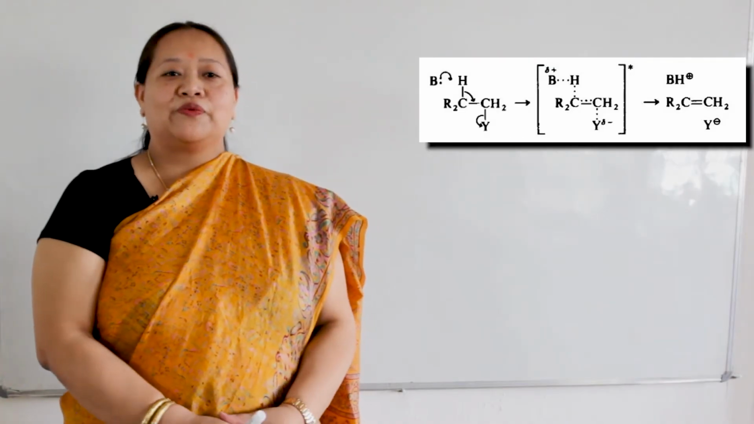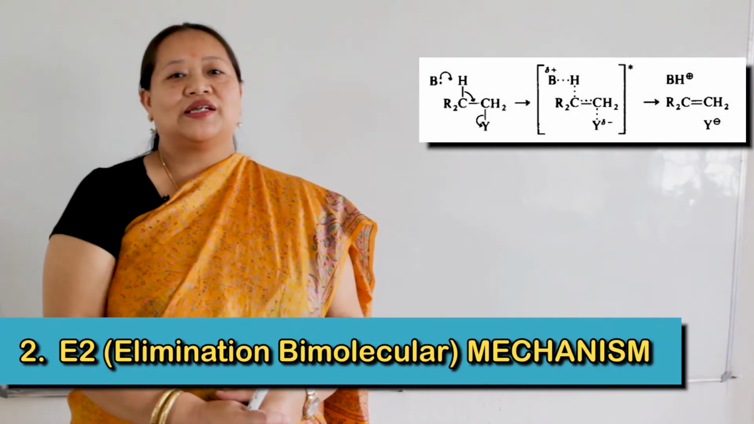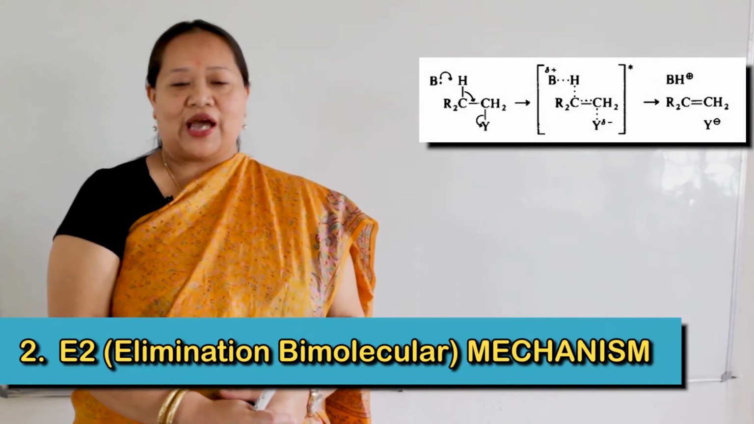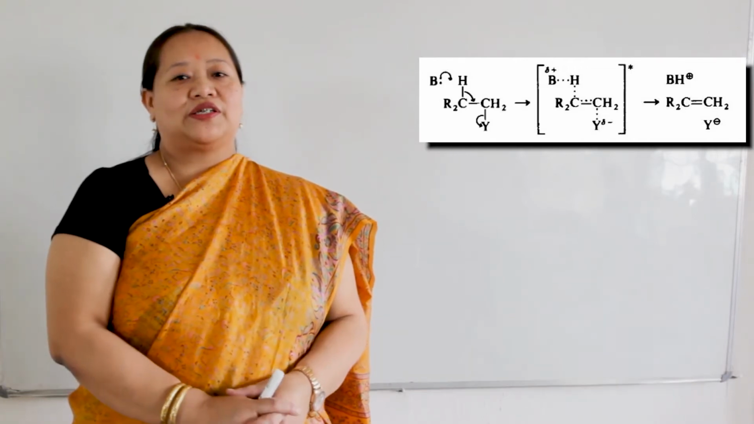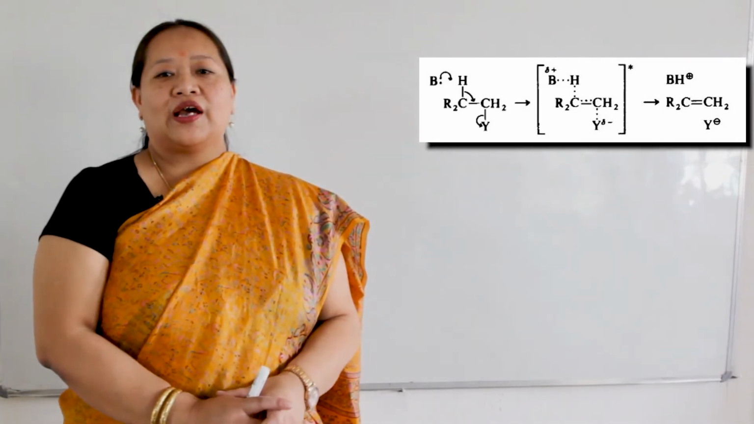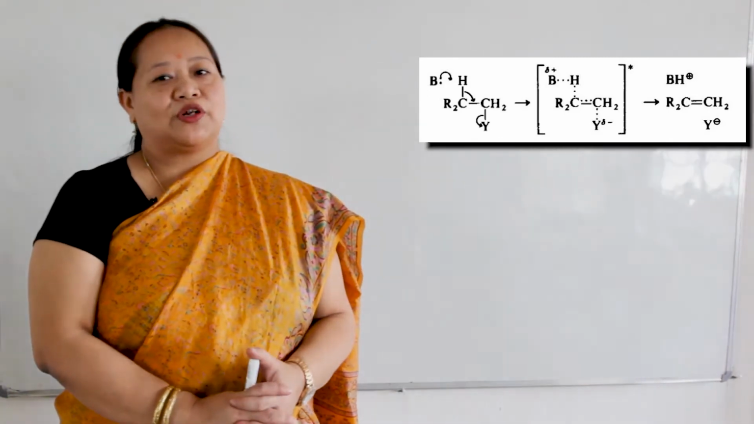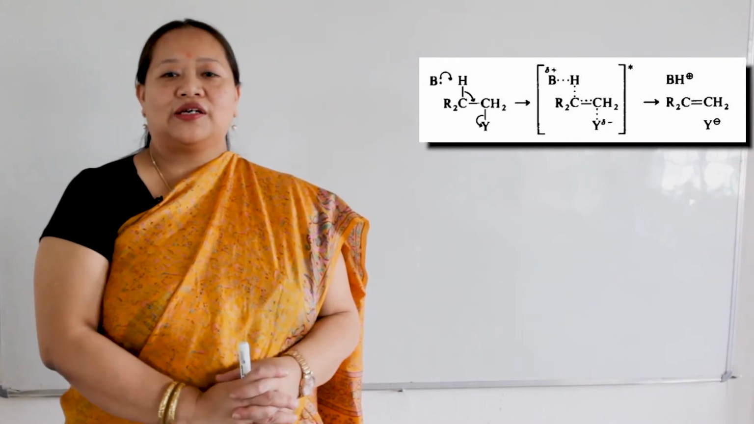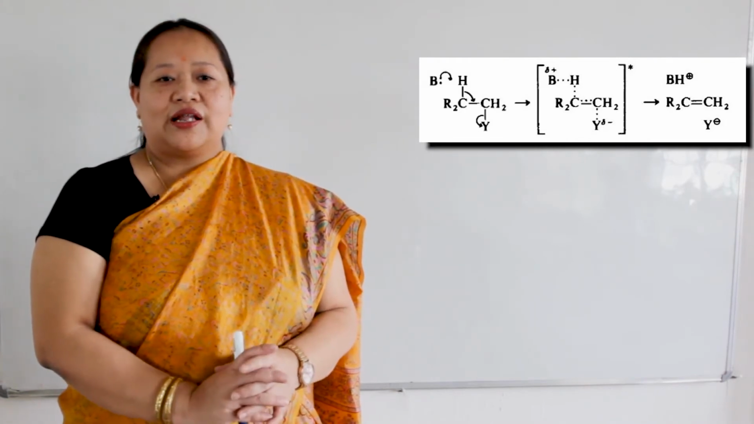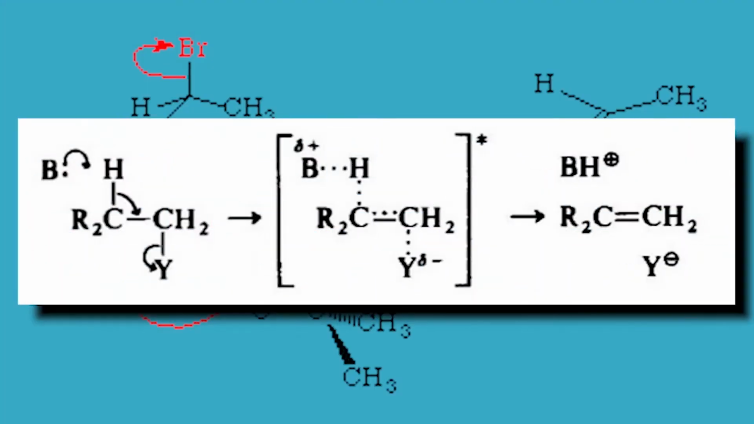So now we will discuss the next mechanism, that is the E2 mechanism, the elimination bimolecular mechanism. These are the beta eliminations which involve a concerted single step process to form the corresponding alkene through a single transition state. That means you have the substrate as you see here, then the base abstracts the proton from the beta carbon